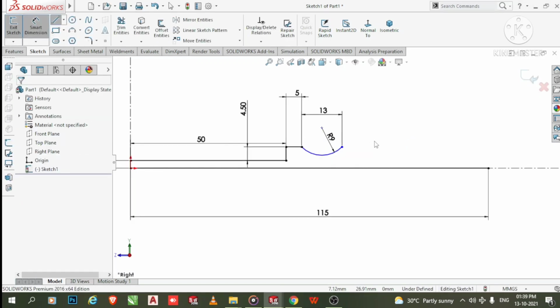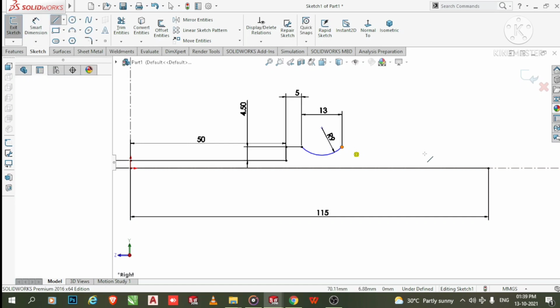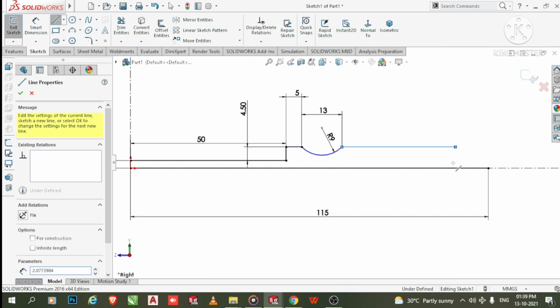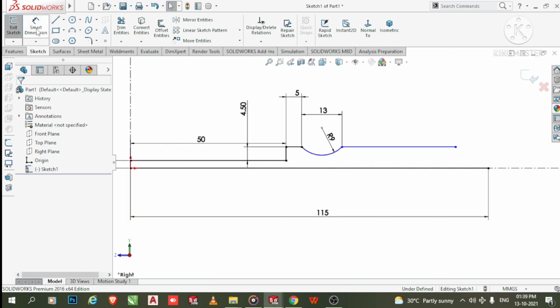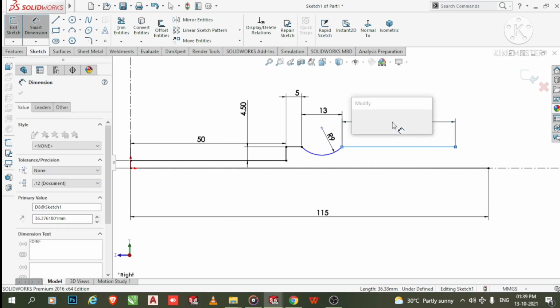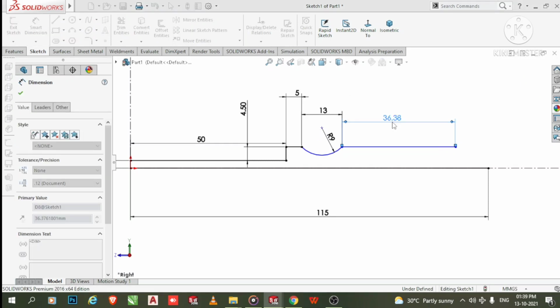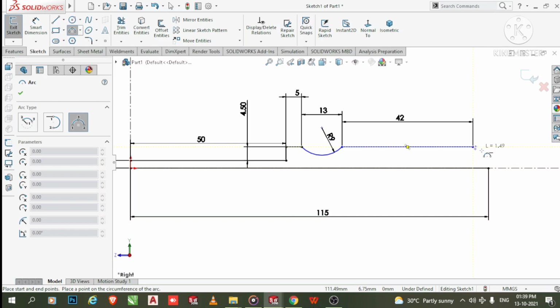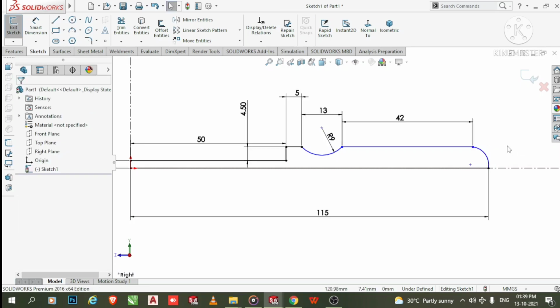Again we select this line and from this point we make the line of 42, the smart dimension, and make it 42 mm. Again go to the 3-point arc and select this first point and this second point and make the arc up to here.